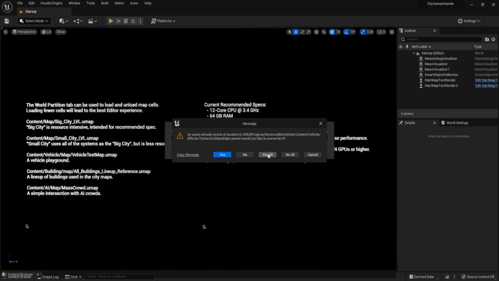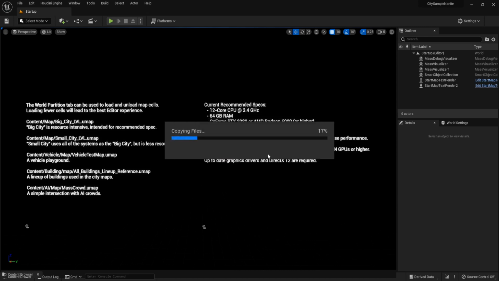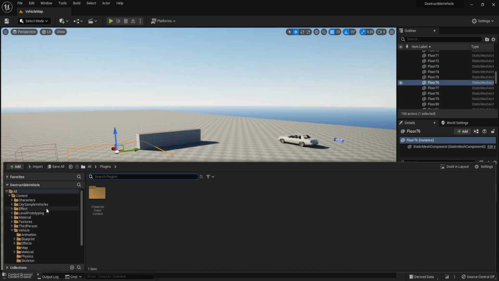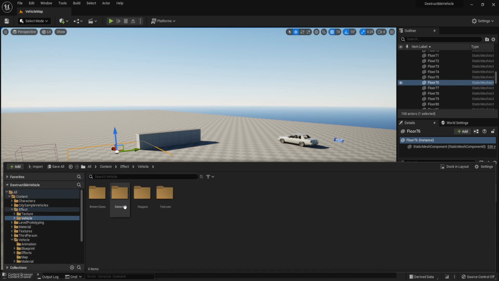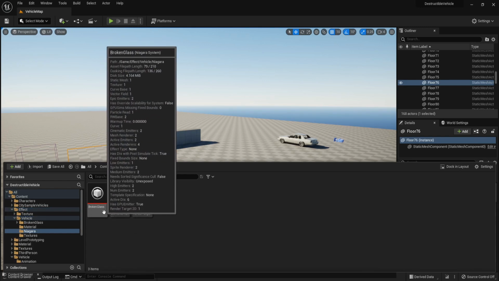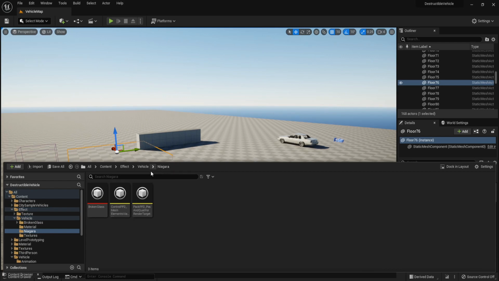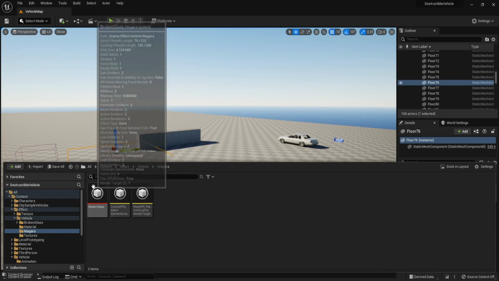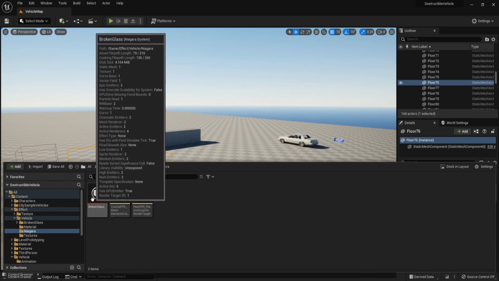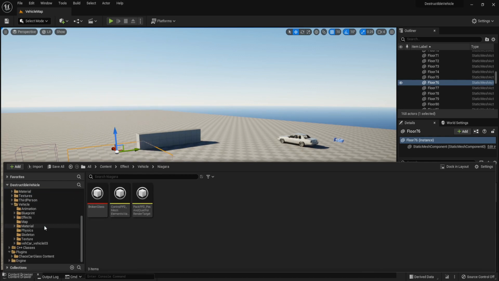So click Yes All to override it. And now we can see the effect inside our project Niagara and this broken glass. We have to find this Niagara to test this effect.